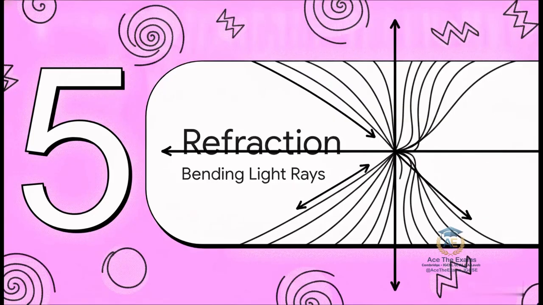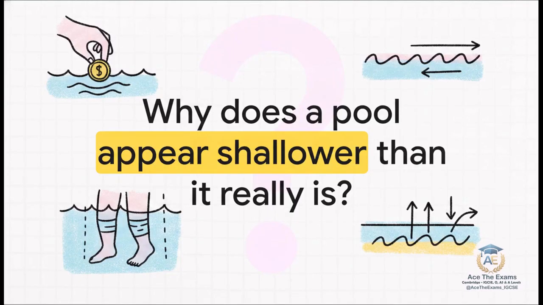All right, Section 5, Bending Reality with Refraction. Let's dive into our final wave phenomenon, which happens when a wave passes through a boundary and actually changes its speed. This is where reality gets a little bent. I'm sure you've noticed this at some point. If you drop a coin into a swimming pool, the water always looks deceptively shallow. Or if you're standing in the shallow end, your legs look strangely short and stubby. The answer to this everyday optical illusion lies entirely in the physics of a wave changing mediums, and we call